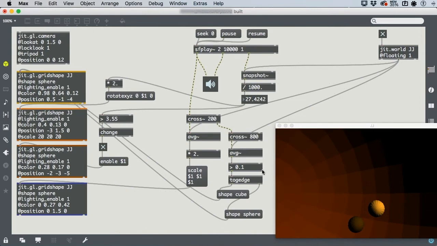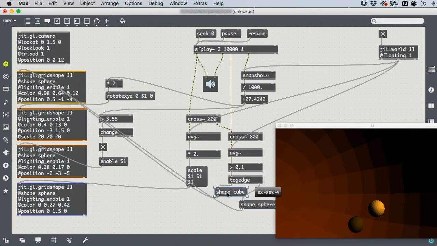Right, so we see that I've set up a condition, and then using TogEdge, I can have one thing happen when the condition is met. I can have another thing happen when the condition is no longer met. Shape cube, shape sphere. That's fine, but there's also this notion of starting a process, and the process is called